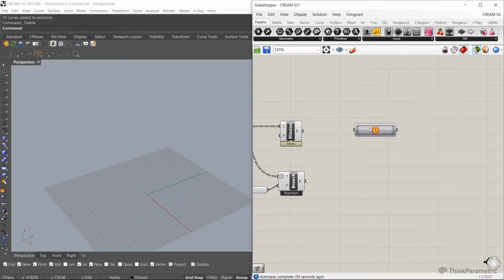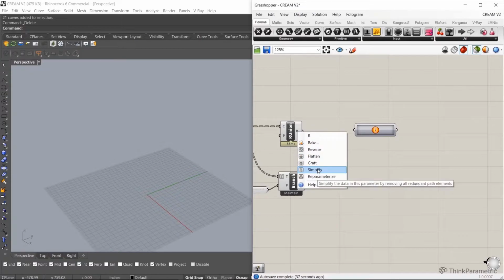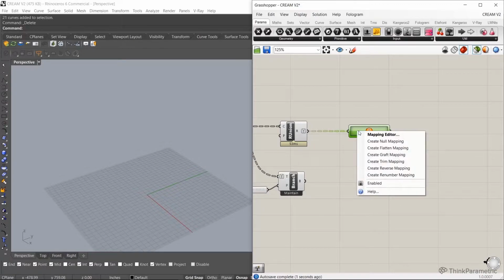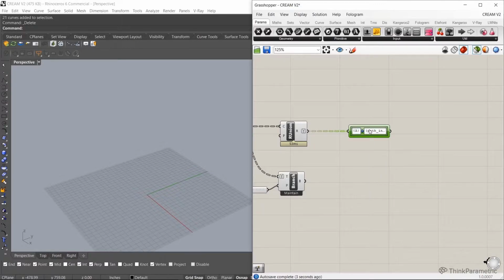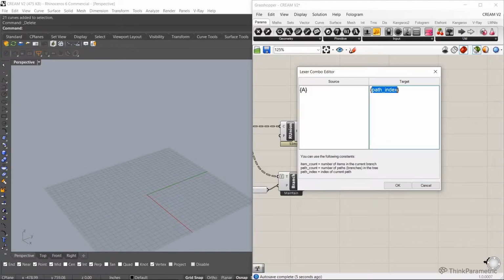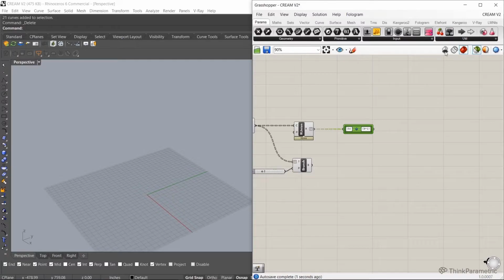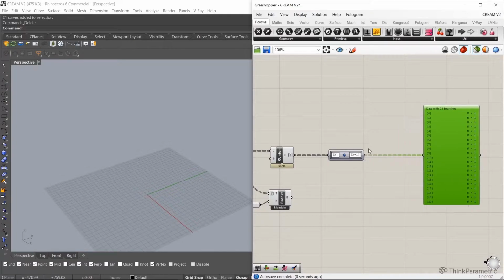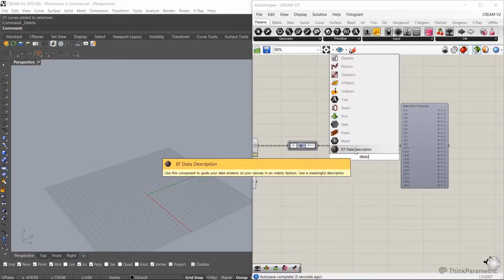So we're going to use the Path Mapper again. And it's always best to simplify before you go into one of these guys. And then we're going to do renumber, and we'll do a +1. So when we come out of this, we now have a clean data tree for each one of our levels, which is numbered 0 to 20. Okay, so you see the -1 has now become 0 and 19 becomes 20. So that's really it for our floor plates.